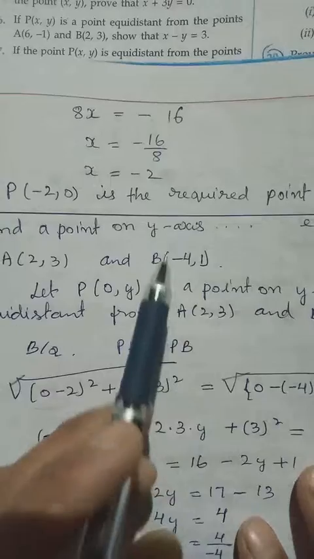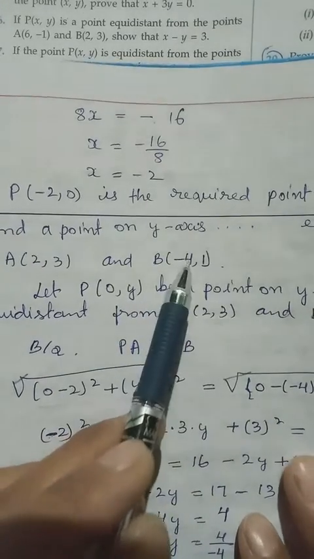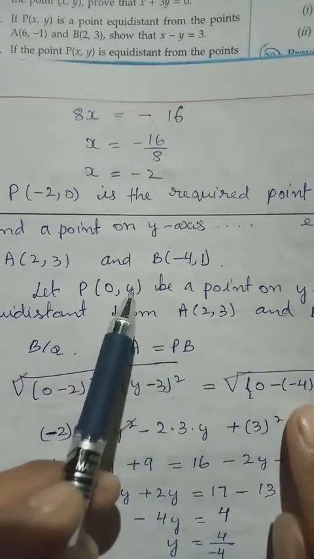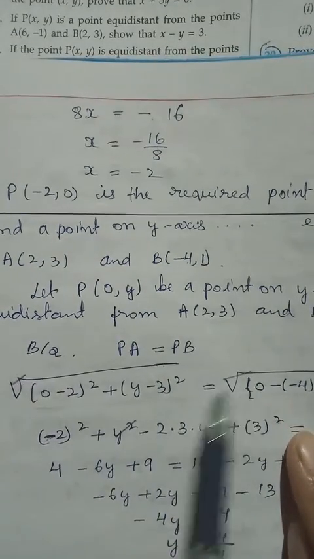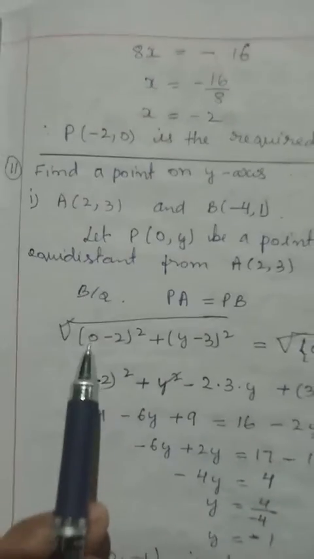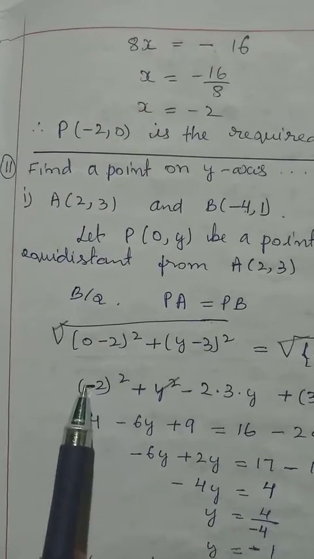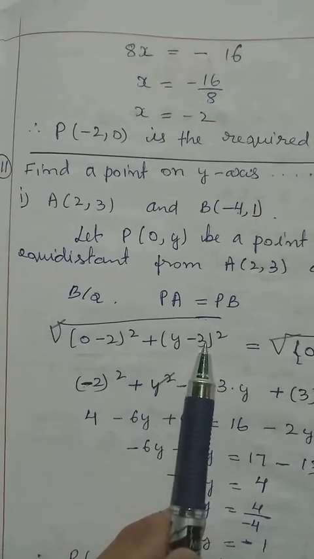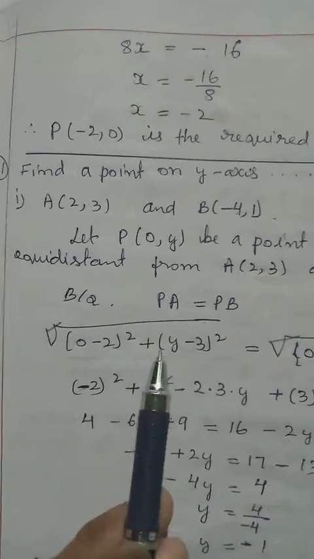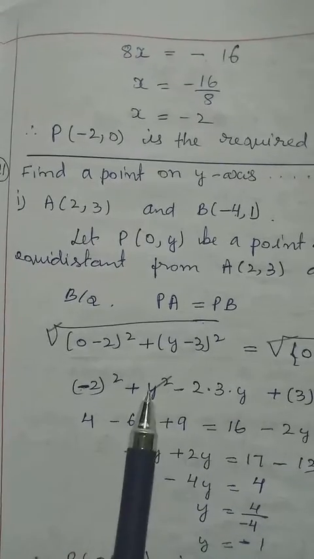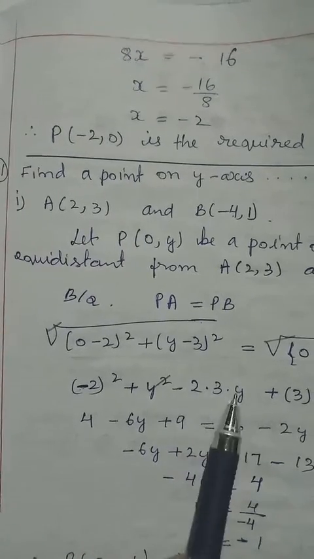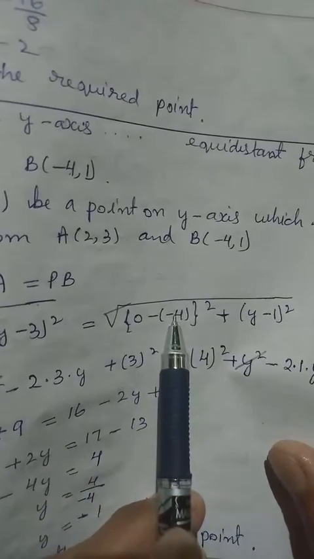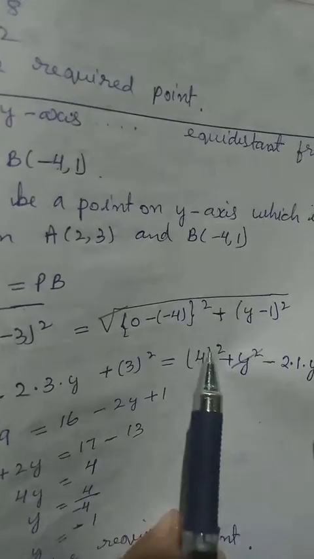Then PB. We have P and B. 0 minus 3, double minus, 1 from question, 1 from formula. Then y minus 1. Both sides are equal, we can cancel. 0 minus 2 whole square, minus to minus, plus 2 into 2, 4. One alphabet, one number, we cannot minus them, we can apply the formula a minus b whole square. So it become a square minus 2ab plus b square. Then the other side we have double, minus to minus, plus 4 into 4, 16.